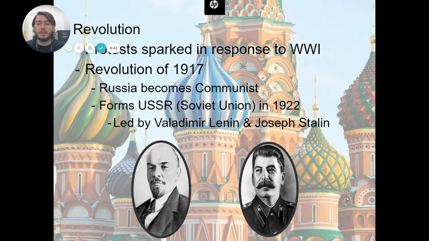And what ends up happening is the people that are protesting it were calling for a new government. So in 1917, they have what was called the Bolshevik Revolution. And this was a revolution, like a literal civil war revolution, where you had protesters that became armed. They were armed with the ideas of communism.